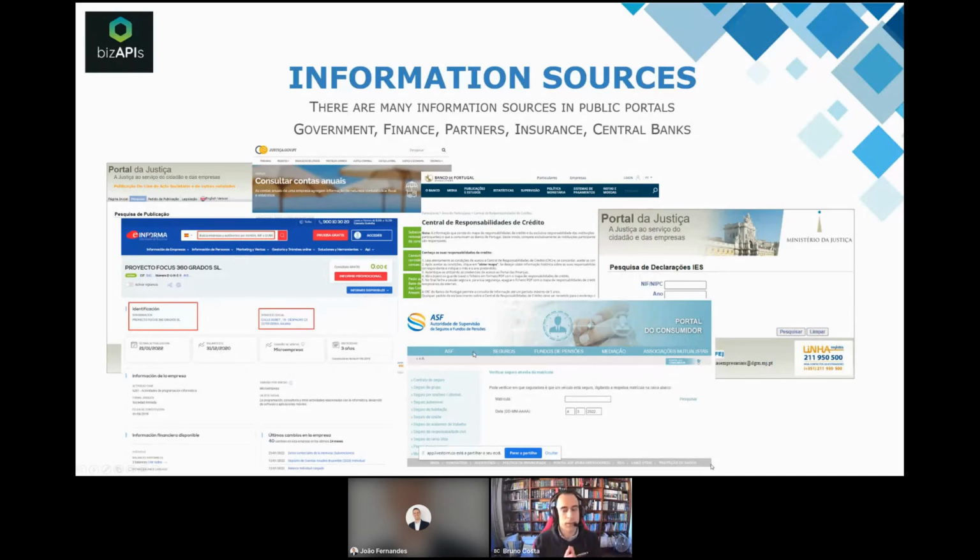But sometimes the corporates put in front of the client a form for him to fill up these types of information when they are actually available online for you to get.